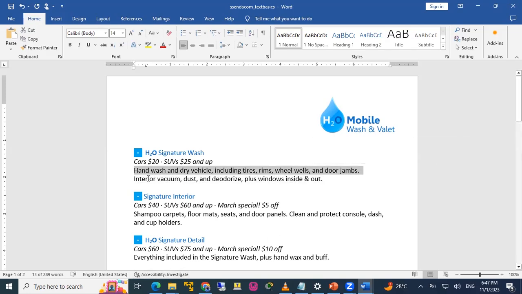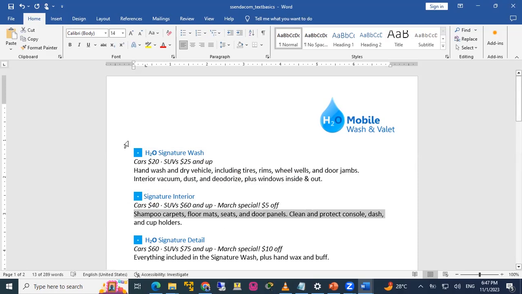The shortcut is that you put your mouse in front of the first word. And once your mouse pointer changes to an arrow, can you see the change? One arrow is showing to the left. Now it changes to an arrow showing to the right. When I click this, it will select everything. So let me remove this one. Imagine I want to select everything on this line. Let me use the third line, interior vacuum. I come here, once it changes to the right arrow, I click in that area. Once I click, it selects. If I click this, also it selects this one. If I click this one, it selects this one.